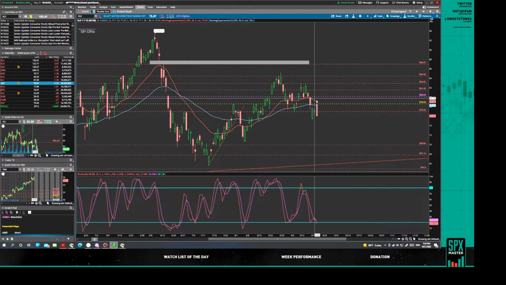Energy, rejecting the daily 20 and the daily 50 after an inside candle break to the upside. It still needs to break this lower though to call it bearish, but I would say the first steps are done. A rejection of the daily 20 and the 50s, those are the first steps.